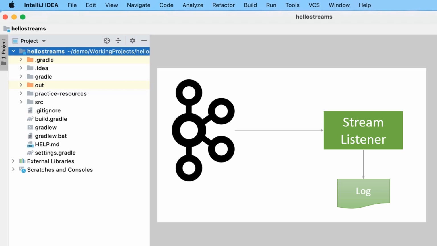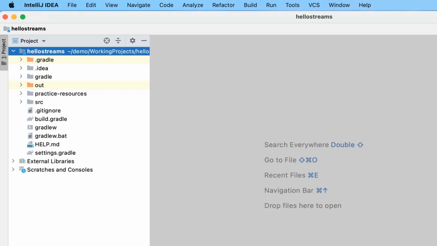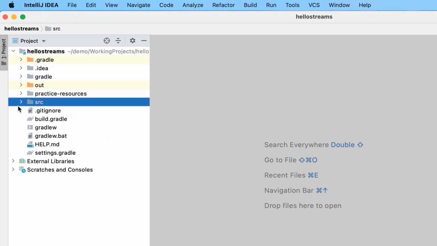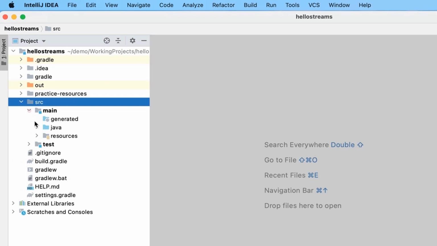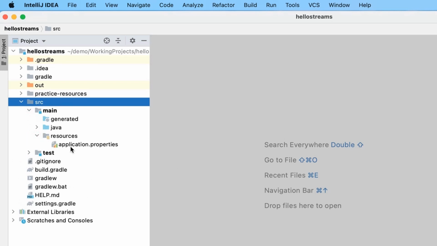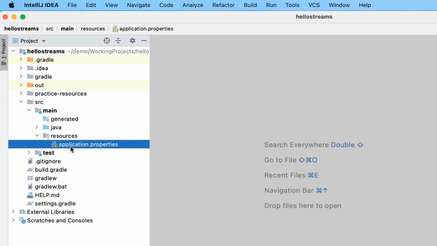Let me start. Kafka and Spring are highly configurable systems. So, every application will have a configuration file. You can find it in the resources folder. Here it is. You can define your application configuration in the application properties file. However, you can also define them in a YAML file.